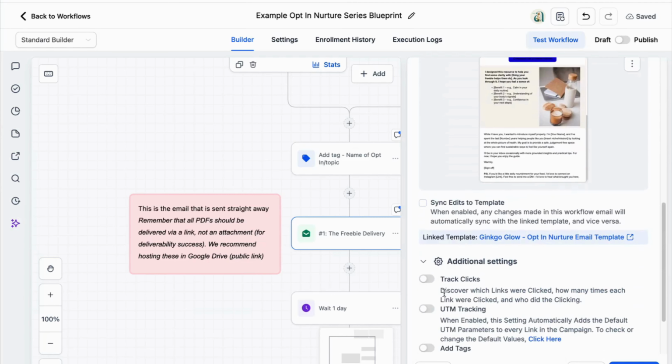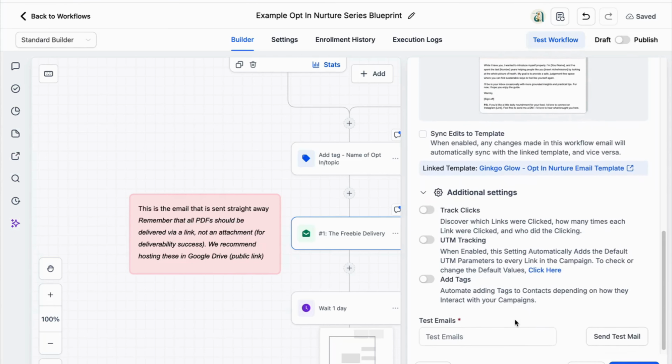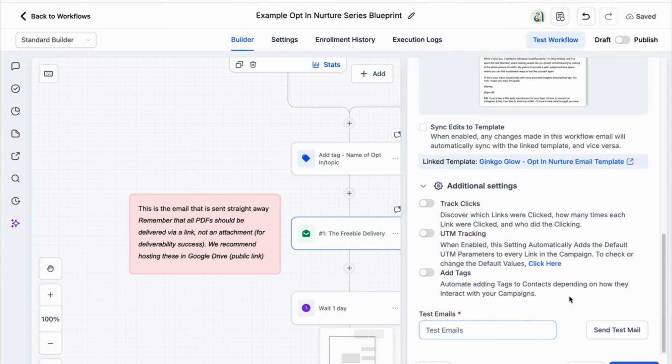You can track the clicks. If they clicked on that button, you can track that. Keep in mind that if you say sync edits to template, it'll change the template that you have in your system. So I usually just say turn that off in this case and just track clicks or add tags if an action is taken. You can also test the email, send it to yourself to make sure it looks okay